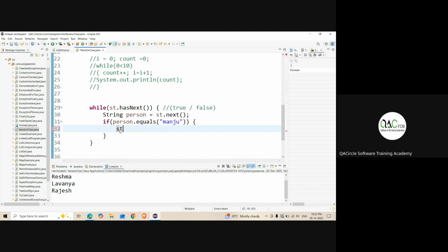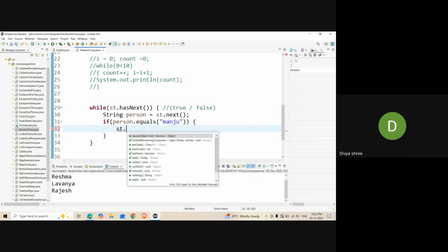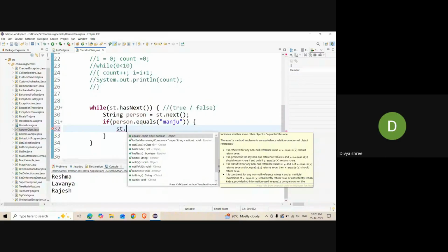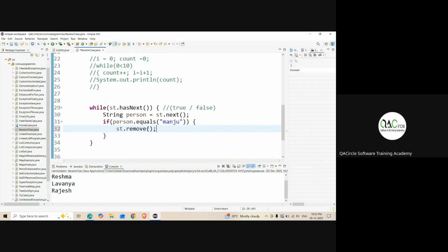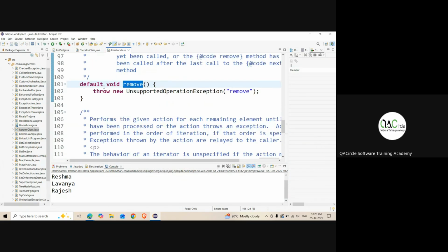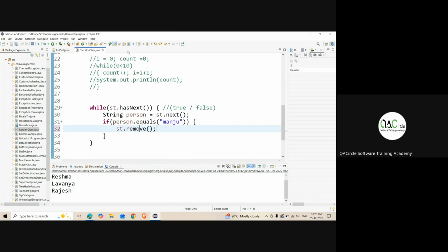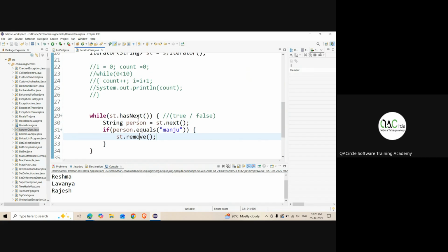Next or remove. Remove. See, remove is a void now. Go inside this. It is a void. It doesn't have a return type, which means we don't have to write anything. Now, if I type